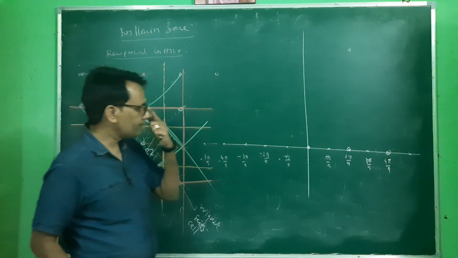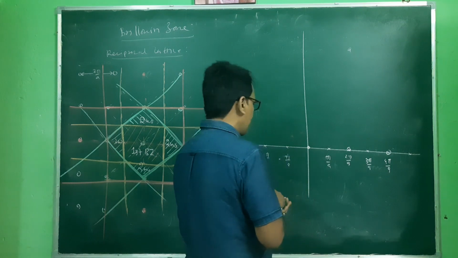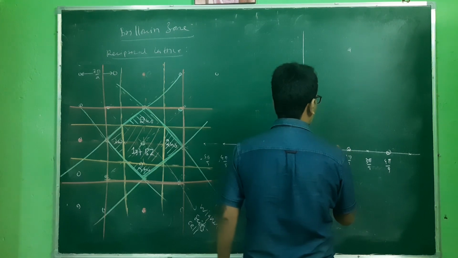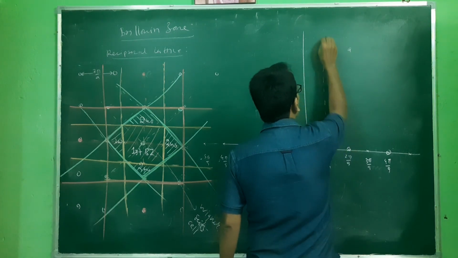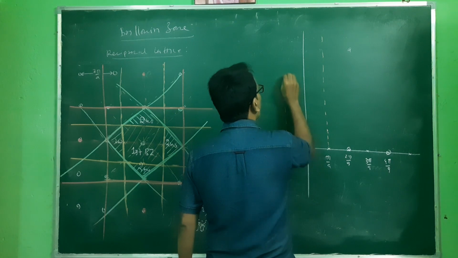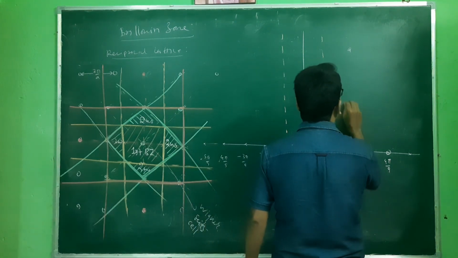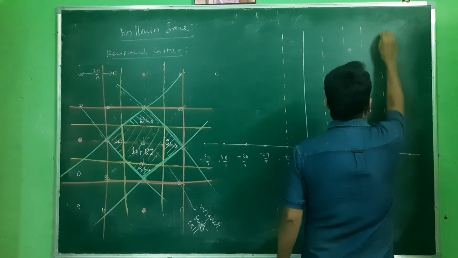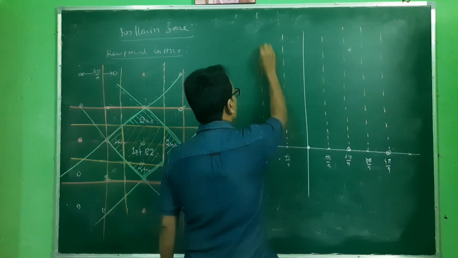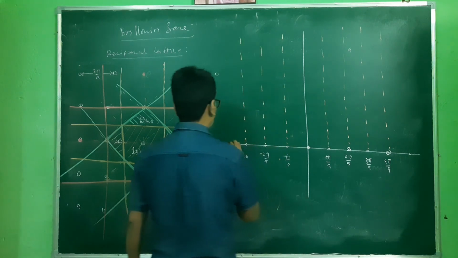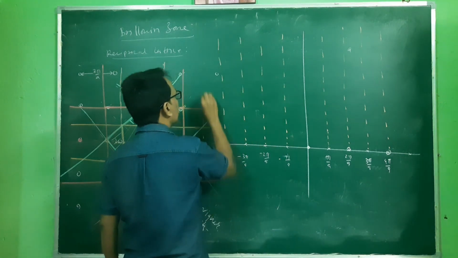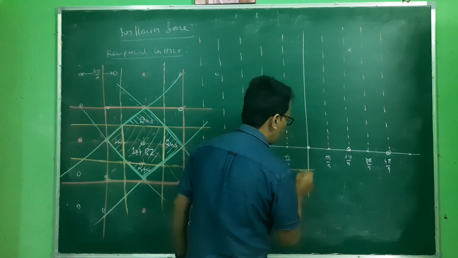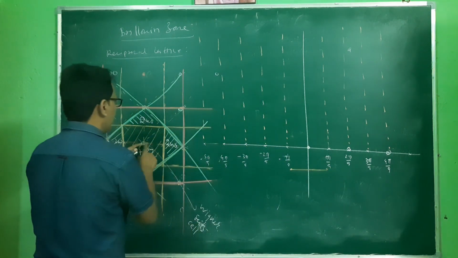So this is the scaling, and now I am trying to draw the Brag's planes. This is the first Brag's plane here. This is the second Brag's plane. This is the third Brag's plane. The fourth one. So these are the different Brag's planes, and the region in between these two Brag's planes, from minus pi by a to pi by a,